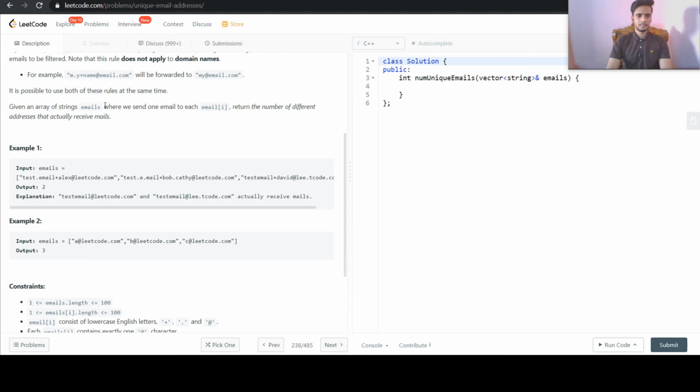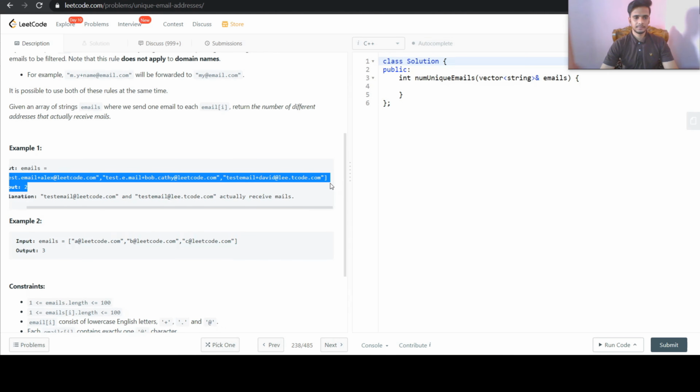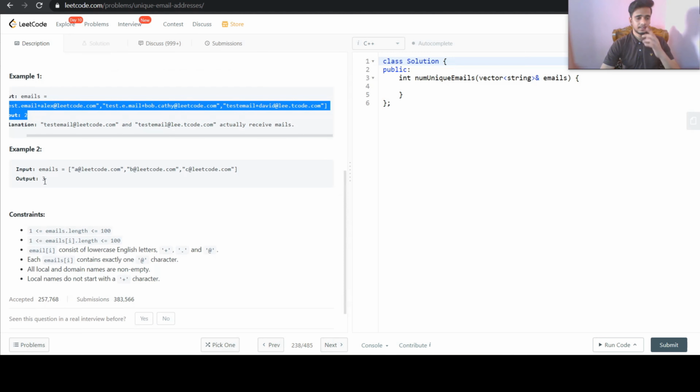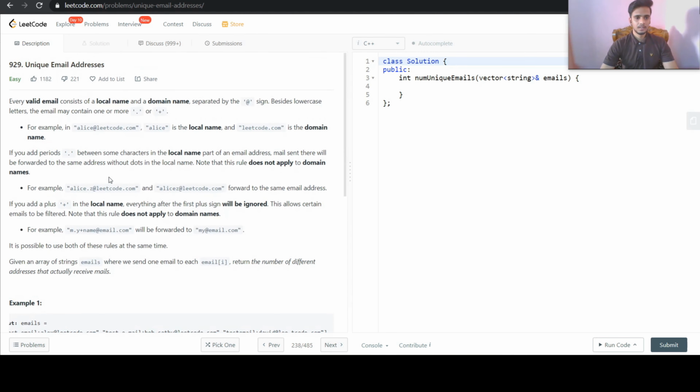Given a list of emails, where we send one email to each email, return the number of different addresses that actually receive mail. So we are given a list of email addresses, and we need to check how many unique email addresses there are, and then return the size of that. There are two rules.